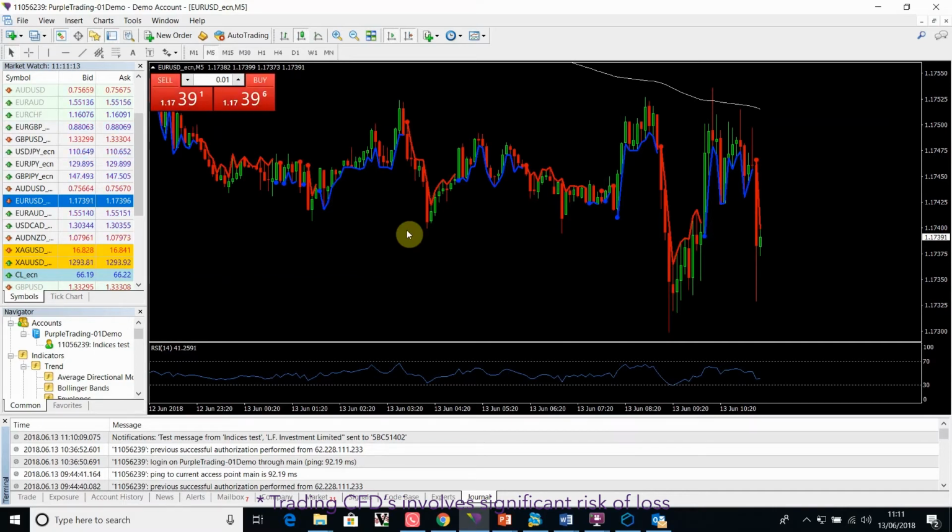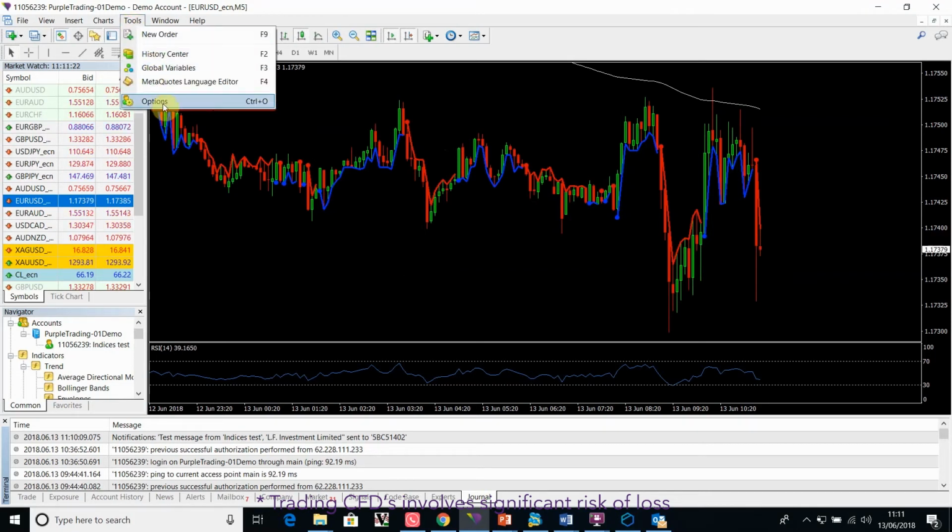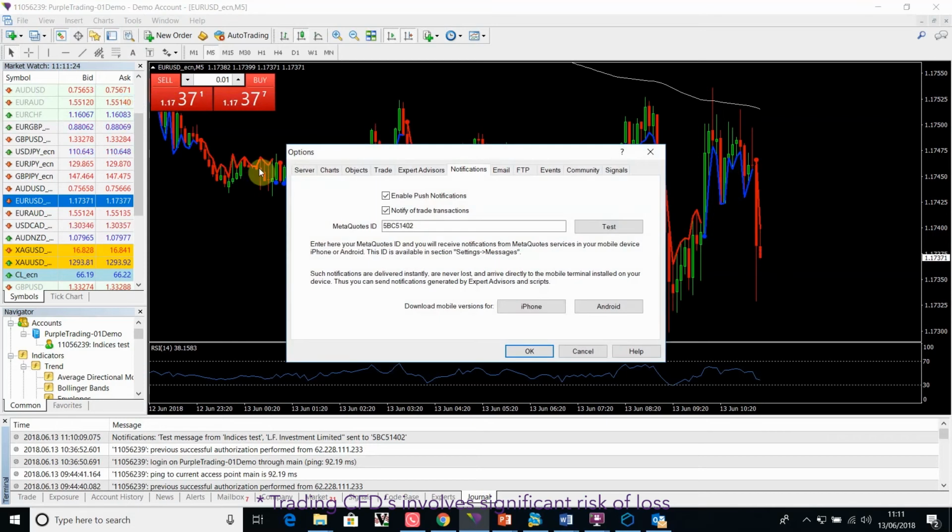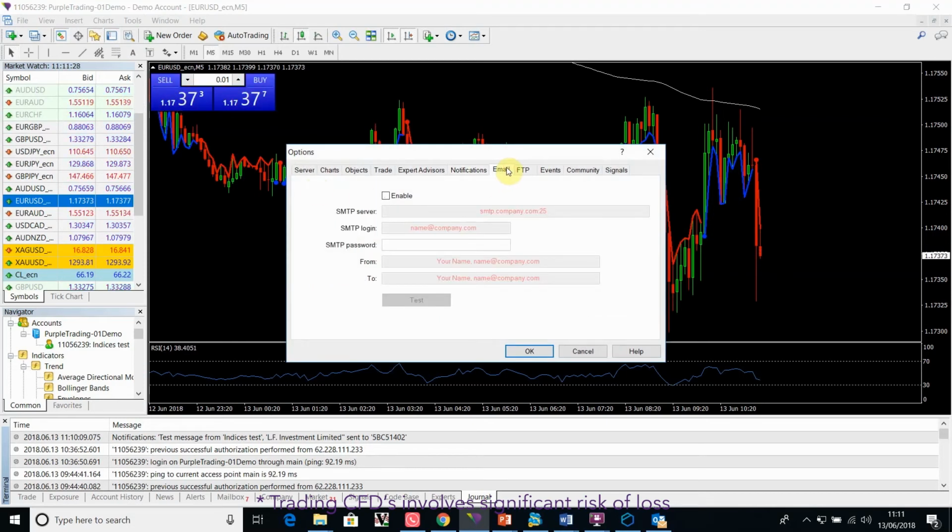And this is done very simply in the following way. Again, what we need to do is go to Tools, Options, and then open the Email tab. Okay. And then we click Enable. And here it will ask you to fill out some of the required fields for us to be able to